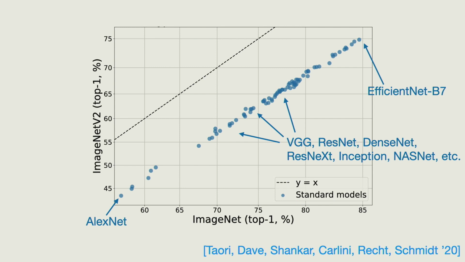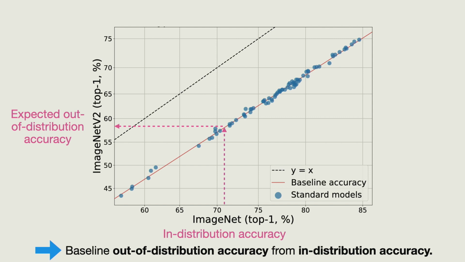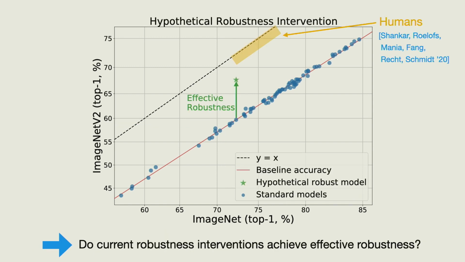Okay, so when you look at this plot, one thing you see is that all of these standard ImageNet models fall on a very nice linear trend. Why is a good question. For now, we'll just take this as a given because it really does happen very reliably. What this allows us to do is, for any ImageNet model, look at this linear trend. In-distribution accuracy will tell us what we should expect as out of distribution accuracy just by virtue of the model having a certain in-distribution accuracy. And then our goal is to move this red line up in order to make the models more robust. We call this effective robustness in this talk.